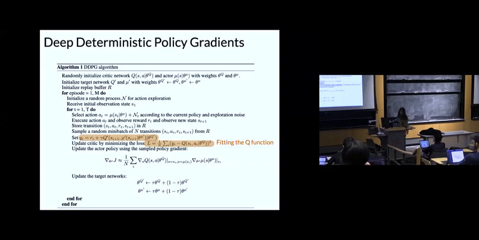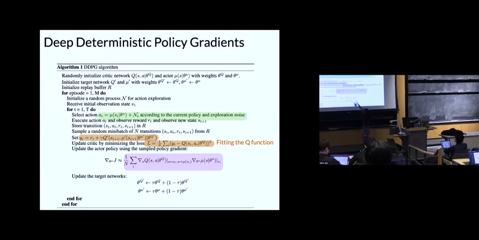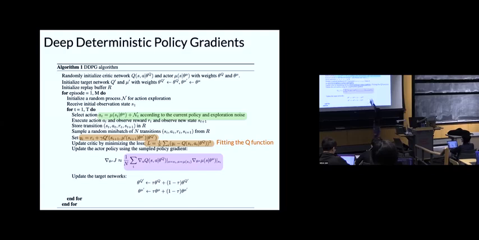What you see is the chain rule. Here is the chain rule: grad of Q with respect to alpha, grad of mu, which is the alpha, with respect to theta mu. All right, this is the chain rule. Now, the other thing that you need to remember is that we're training for a deterministic policy,